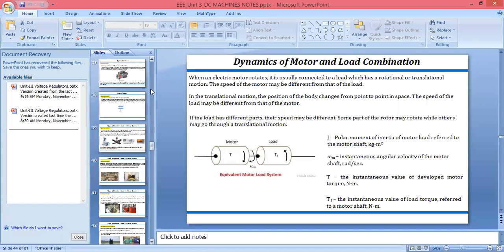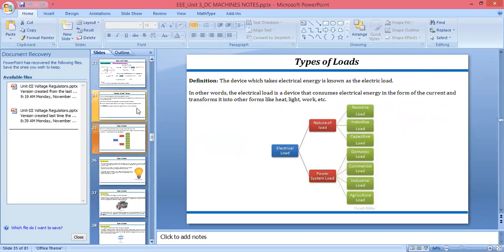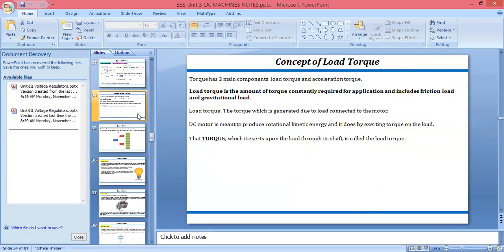Okay, so we will revise today's session. In today's session we have studied about load torque, and we know torque is a quantitative measure of the tendency of a force due to the rotational motion of the conductor. Conductor is nothing but the armature here. So it is the moment of force that produces the rotational change, and the value of torque which we give on a load will decide how the DC motor will rotate.